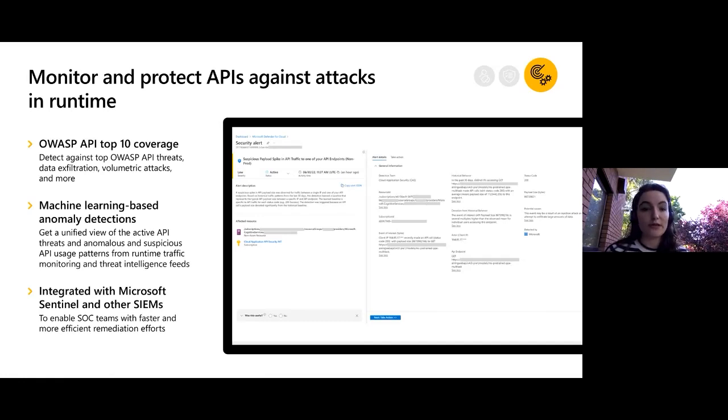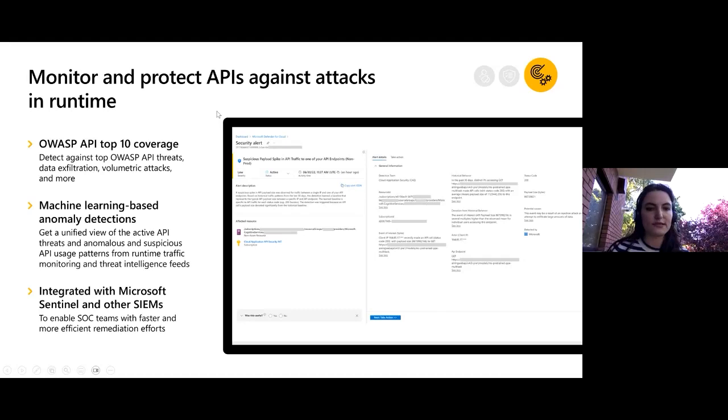You get an alert description, alert details, general information about what was going on, and information about how to take action on them. If you did want to take action, you're also able to integrate with Microsoft Sentinel. After you've done your investigation, you can integrate with Microsoft Sentinel or with other SIEMs, so that your SOC team is able to investigate these APIs and take the next step.